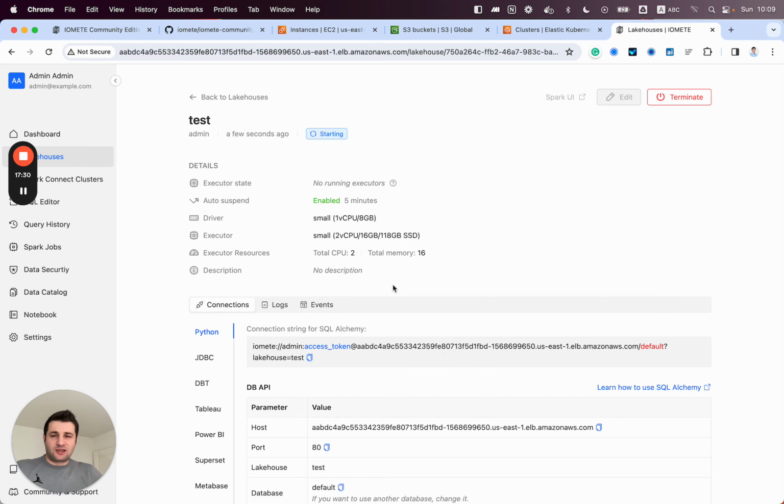Creating this takes about a minute to get machines from AWS. A single node is always being used by the IAMIT platform, but other nodes will be requested from AWS once you create a cluster, and executor nodes will scale down if you don't use those resources.